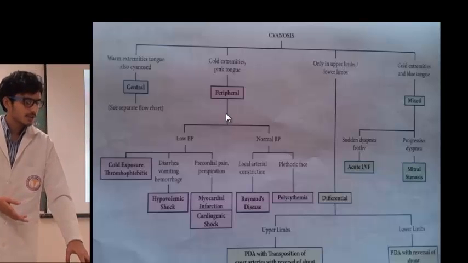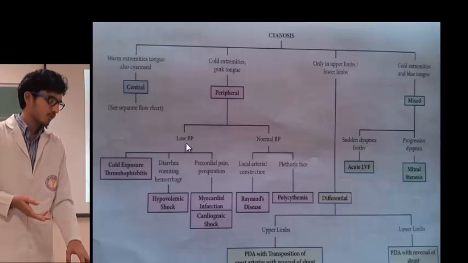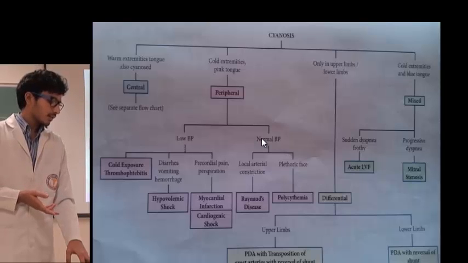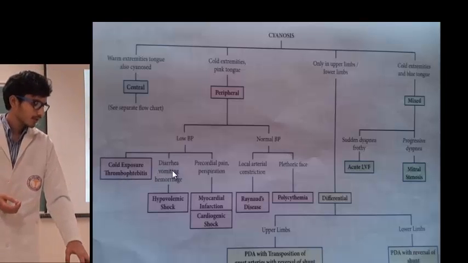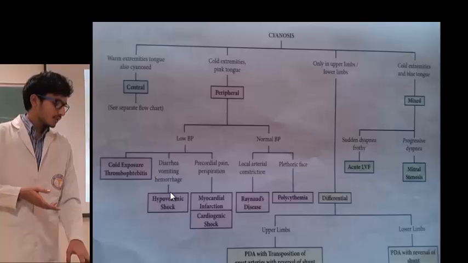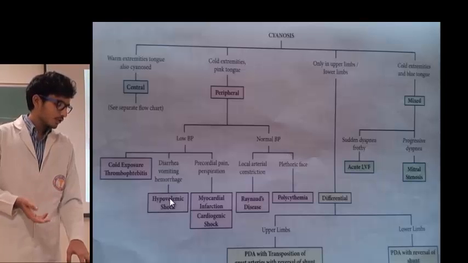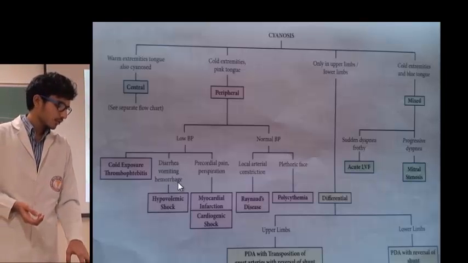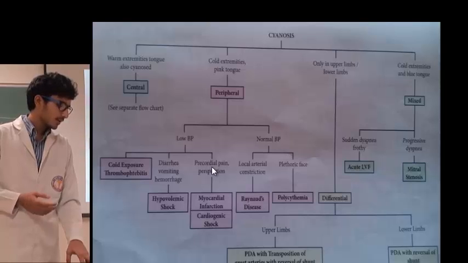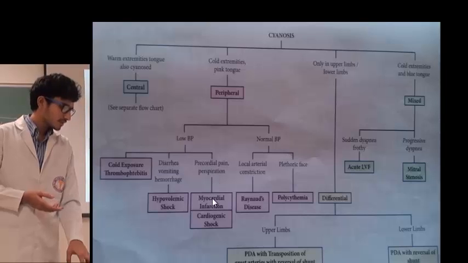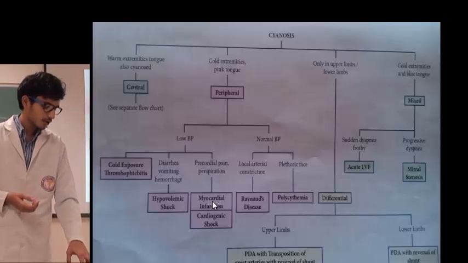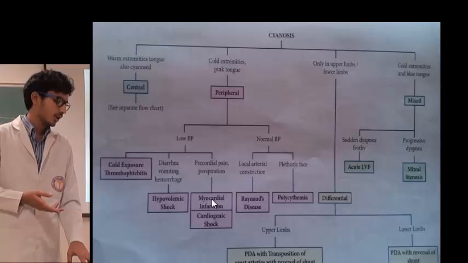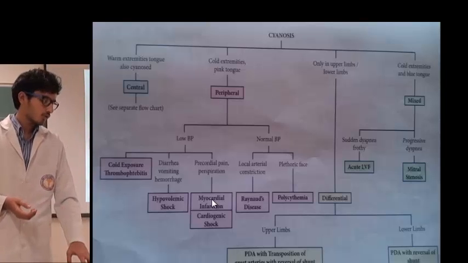In the case of low blood pressure, it can be due to cold exposure, thrombophlebitis, or hypovolemic shock, which would also present with diarrhea, vomiting and hemorrhage. And if the patient presents with reduced blood pressure, peripheral cyanosis, precordial pain and perspiration, it can be due to cardiac reasons such as myocardial infarction or cardiogenic shock, in which the cardiac output is reduced, leading to sluggish